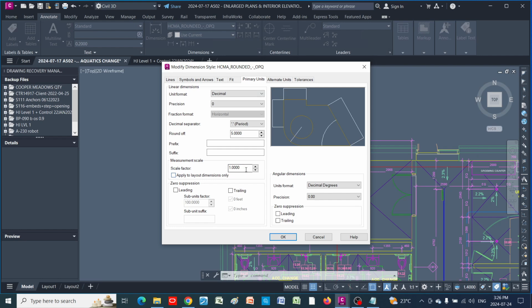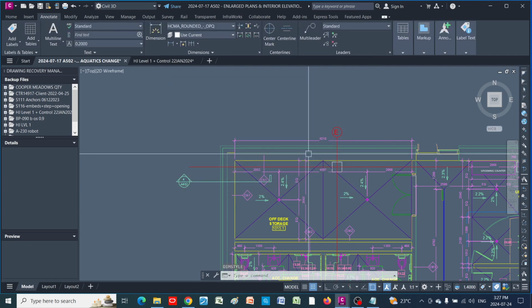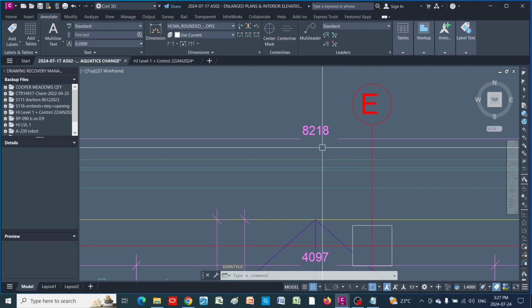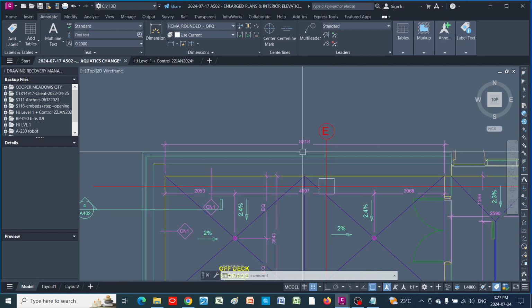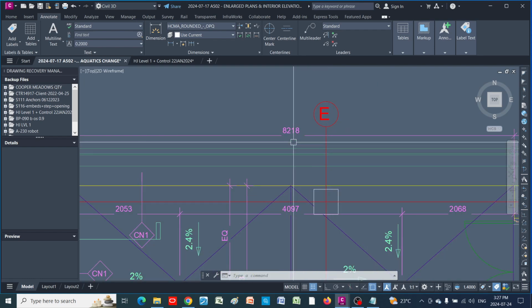So the scale factor is 1. So if this is 1000, then I can conclude that the scale will be 1 meter, because it's trying to show a dimension in millimeter, but the actual scale of the drawing is 1 meter.